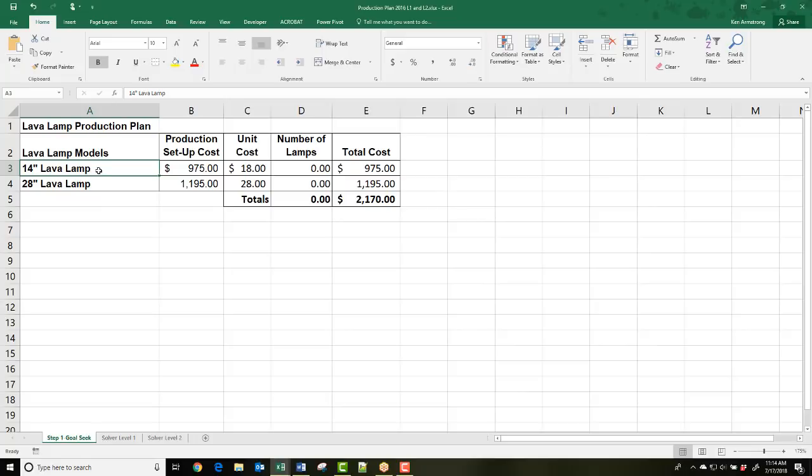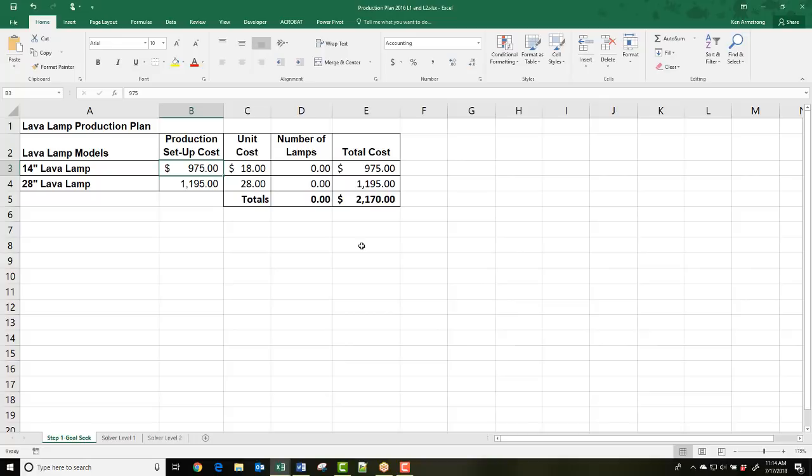Now, in a promotional effort, Ken's Office Supply is going to hold a grand opening rollout event in several nationwide hotspots simultaneously around the country. And to promote these new lamps, the marketing department has allocated $10,000 to produce both lamps. And he wants to give away as many of the lamps as possible, but at least 150 of each of the two different models.